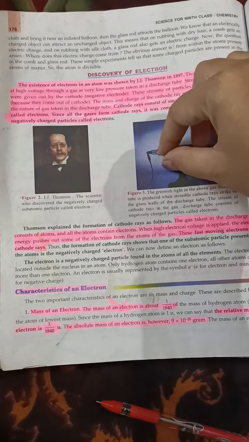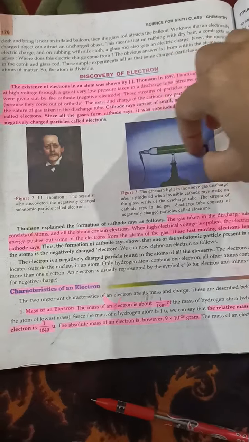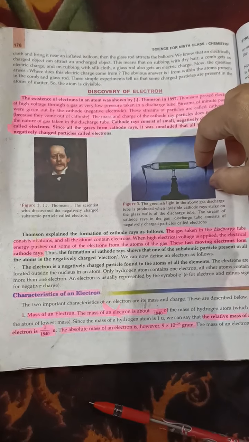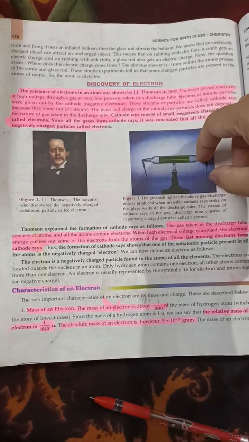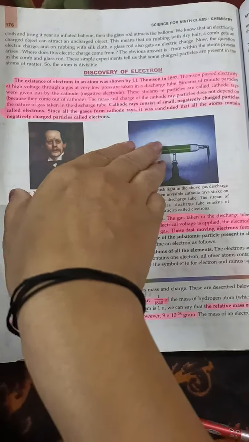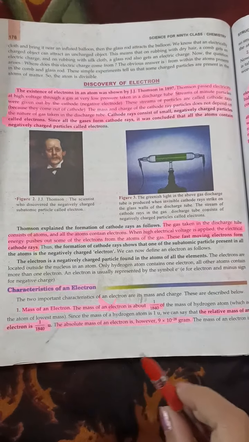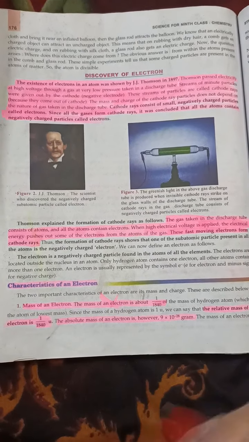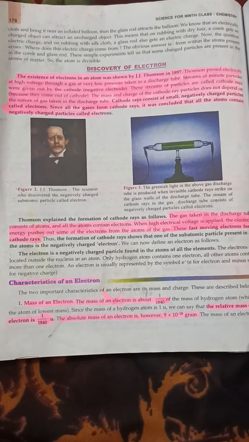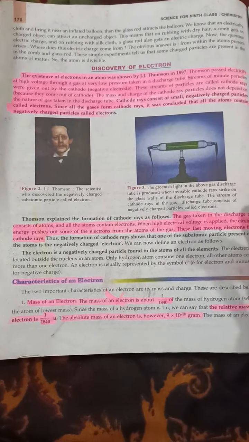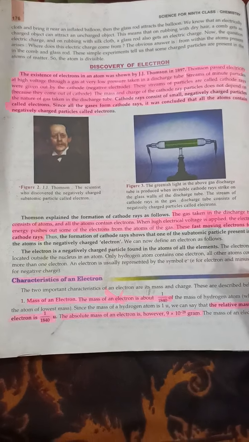When high electrical voltage is applied, meaning a greater amount of electricity is applied, the electrical energy pushes out some of the electrons from the atoms of the gas. When these fast moving electrons are pushed out from the cathode rays, those subatomic particles are negatively charged, and they are called